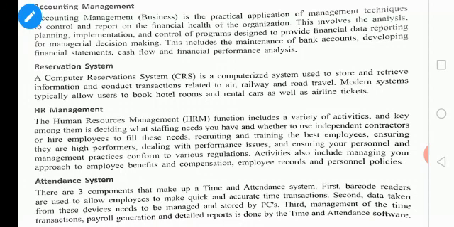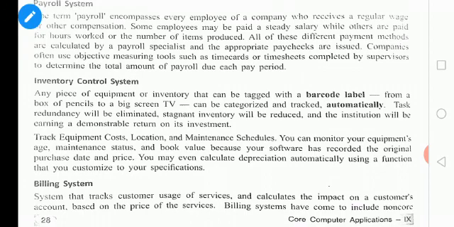Payroll, I already told you, is salary related. And detailed reports are done by the time and attendance software. So attendance software comprises three things: first, barcode reading of the employees; second, data taken from the devices and stored in the PCs; and third, time transactions, that is, payroll generation will be done here. So on this page we have seen accounting management, reservation system, HR management, attendance system. Next we are going to see the payroll system.